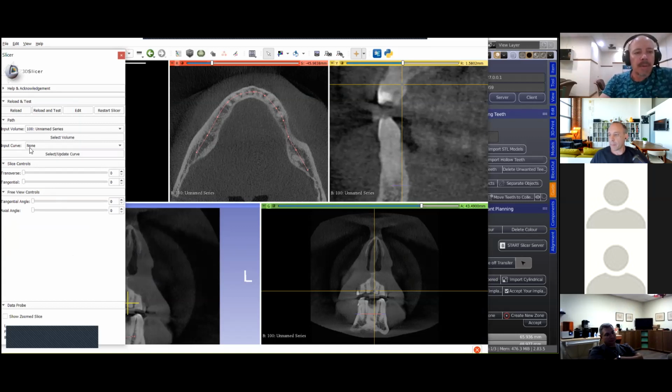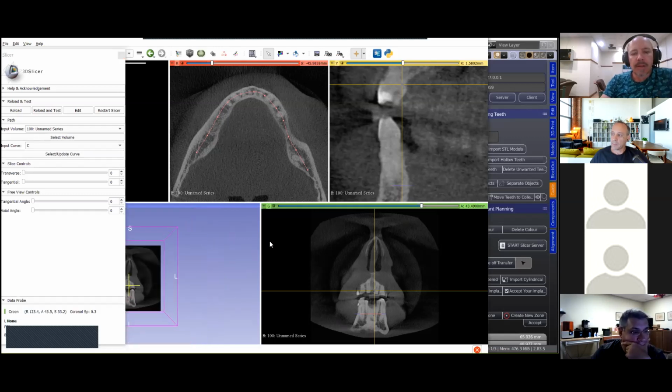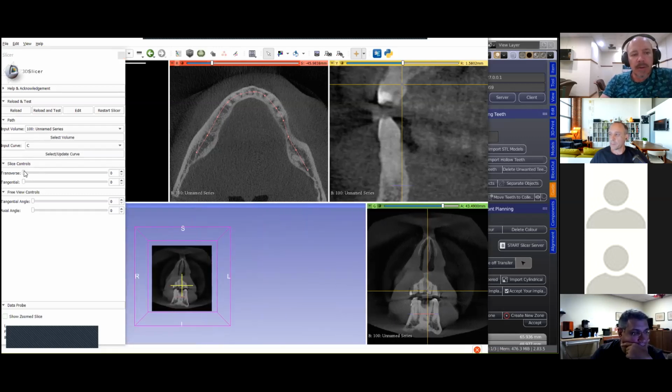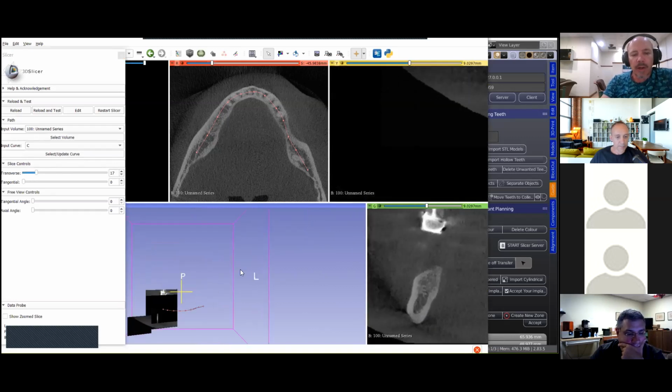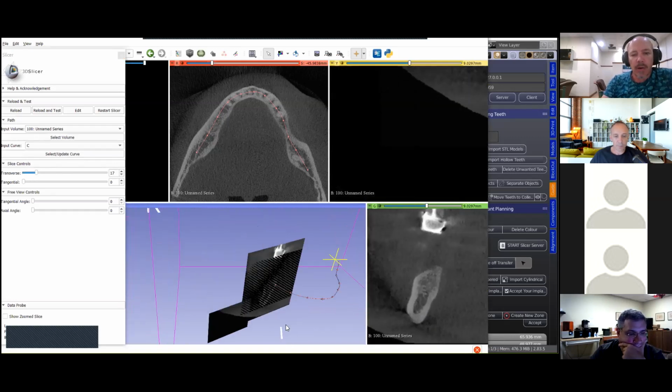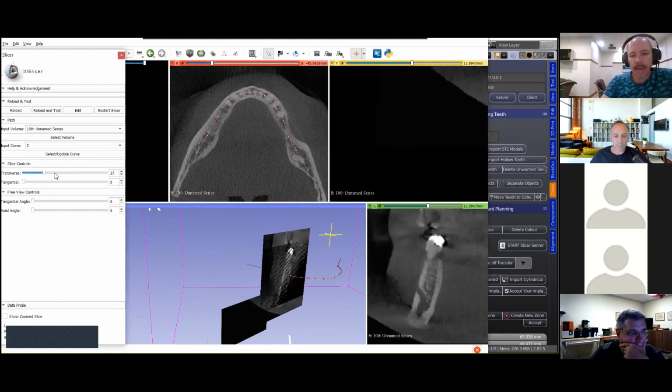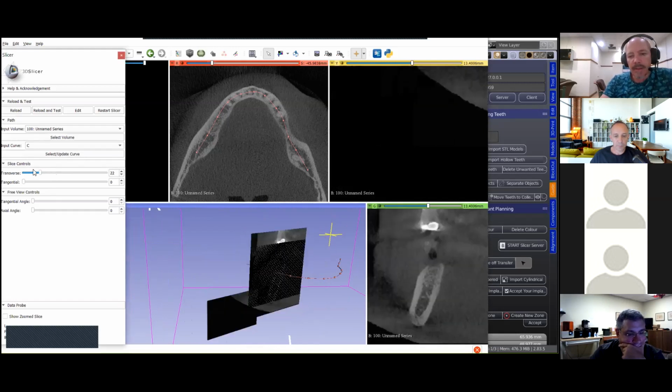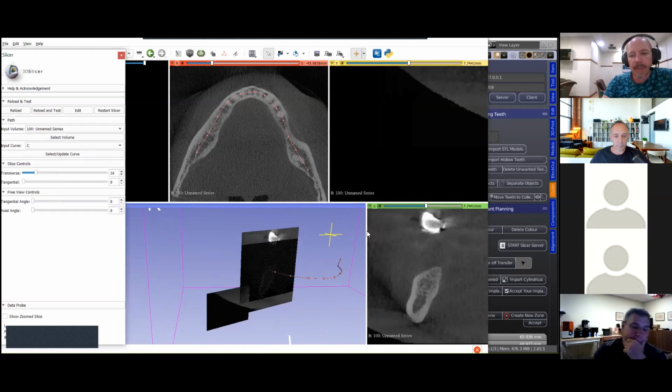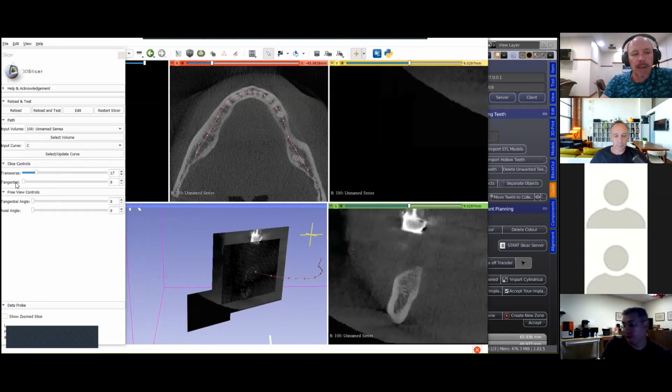Okay. So we're going to be selecting the curve. The default is a C. So if you add more curves, it'll be C1, C2, etc. So that's a C, and I'm going to select it. And now when we do this, as soon as we move the slider here, it'll move along the path. And we're going to move this now where the nerve is,